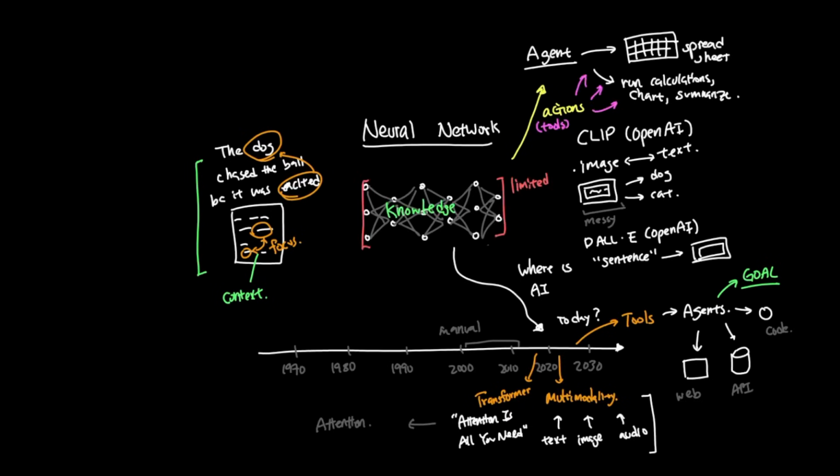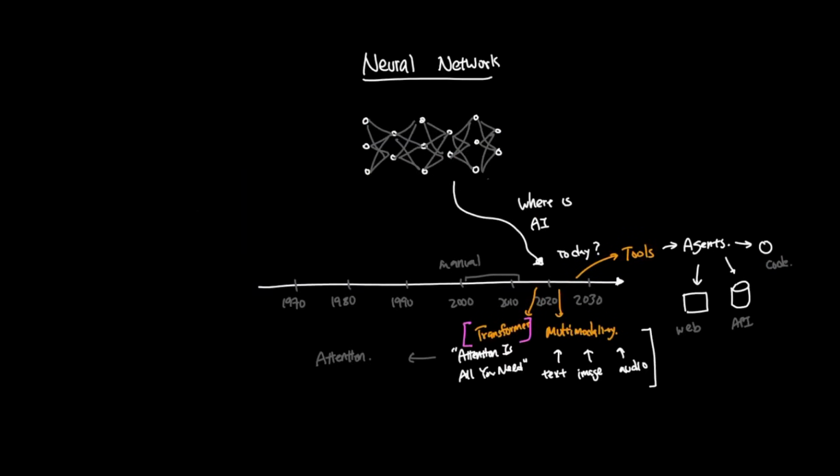A model can know a lot, but it still has limits. It may not know the latest information, it may make mistakes, it may not calculate perfectly in its own head, but it can use tools. It can search, calculate, retrieve files, run code, and check its work. So modern AI is not just about getting the models bigger, it's about improving the system around the models. Transformers made language models much more powerful, multimodal models expanded AI beyond text, and agents and tools let models interact with the world outside of the chat box.